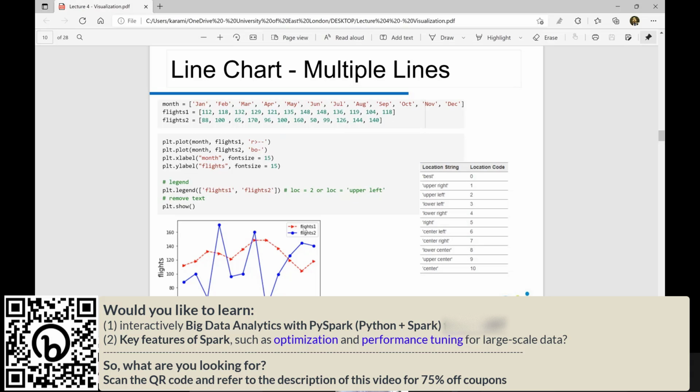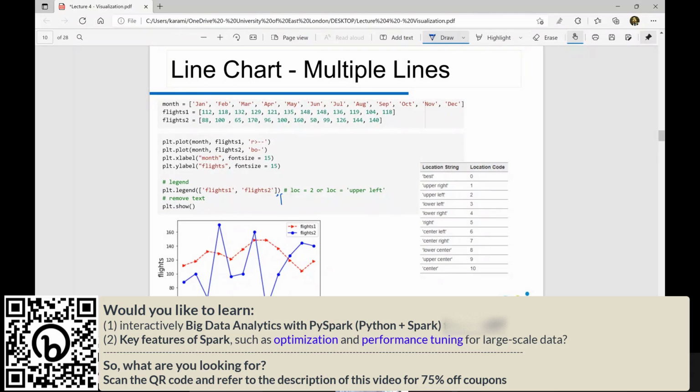That's the reason we have here. It's going to say the first line using these dashes with triangle sign, and red color is flight 1, and the second one is flight 2. So if you look, after this one, can I draw here? Yeah, if you say comma here, and then let me try with my